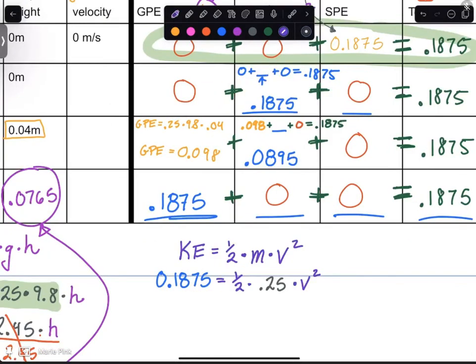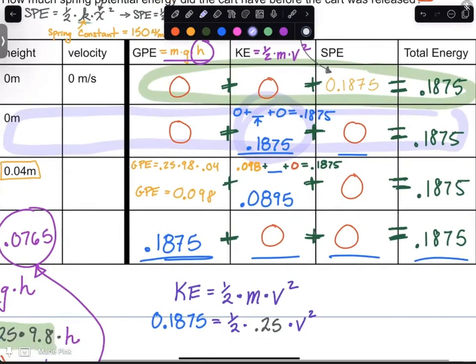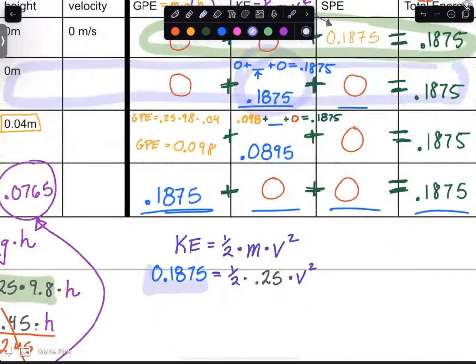So the equation for kinetic energy is 1/2 mv squared. And we are going to use this second row here. So here's my kinetic energy. My kinetic energy is 0.1875, so that's why I went ahead and plugged that in here. The mass is 0.25. That's where that came from. And then we just need to solve for velocity. So just the same as the last one, we're going to multiply the 1/2 times the 0.25 first, because you're going to be way less likely to make a mistake if you do that. So we end up with